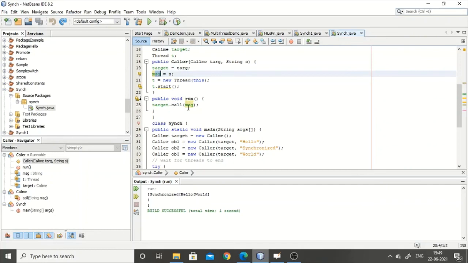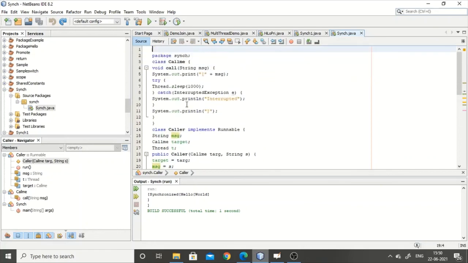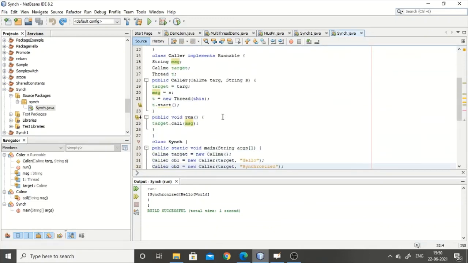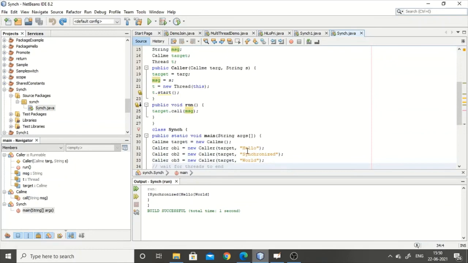What is happening in this target dot call message? Within this target dot call message, it will call your hello, and this will go to the function called call. So here it will print this angular bracket. The message was, whatever the first message was. First was the hello message itself, but when it called over here,